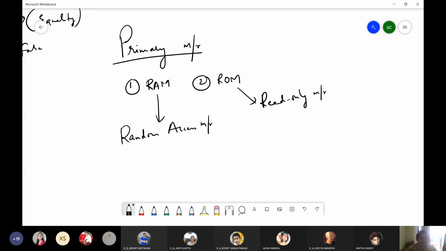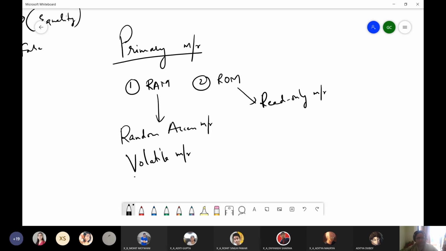Now, random access memory is a type of memory which comes under the category of volatile memories. Volatile memory means, you might have heard about in science, volatile substances like camphor, which means it disappears or fades away very quickly. Like solid directly changes into gas without melting into a liquid first, right?